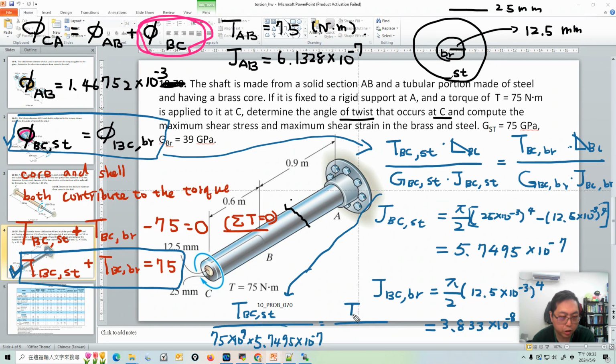And we have T_BC,brass, and the shear modulus of brass is 39 times 10 to the power 9, and times